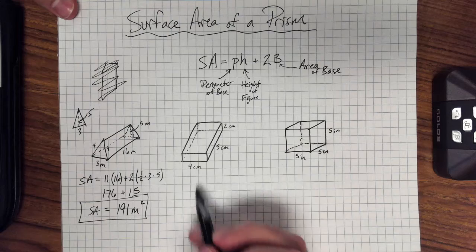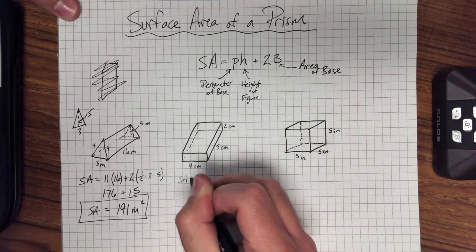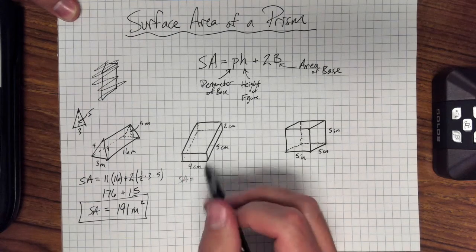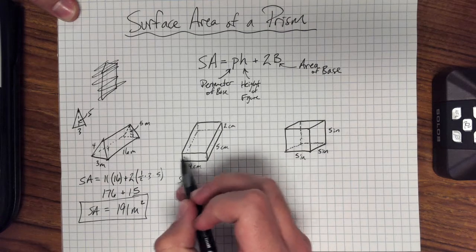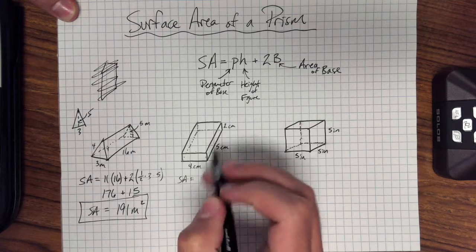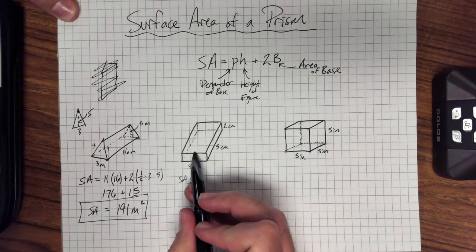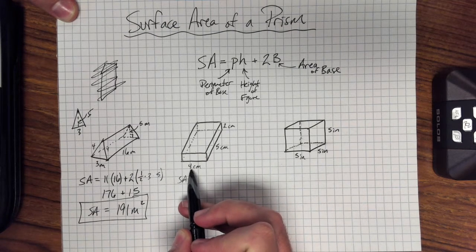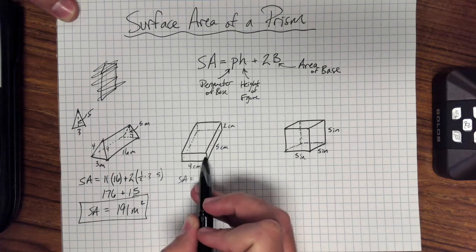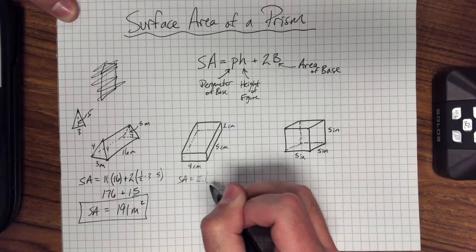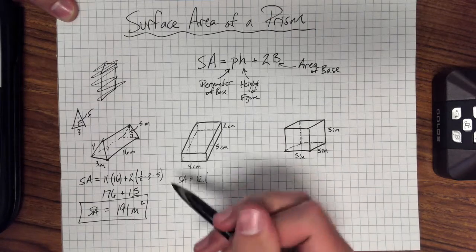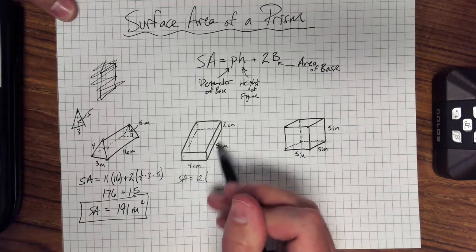Next, we have a rectangular prism. So surface area, and this is a little bit simpler. Surface area, the perimeter of the base, so here and here. Notice this side is 2, so this is 2, this is 2, this is 4, this is 4. So when you add that up, 4 plus 4 is 8, plus these 2's, which make 4. So 8 plus 4 makes 12. So the perimeter is 12, times the height of the figure. Again, sit it up on the rectangular base, the height's actually 5,